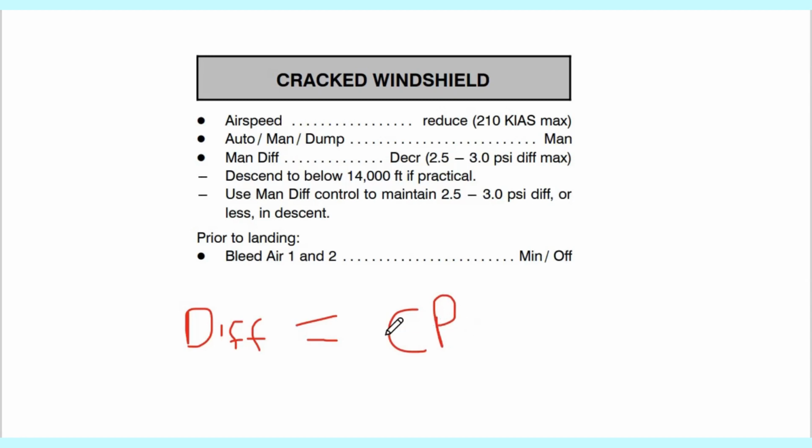So what you are doing here, if you are decreasing the differential to keep it between 2.5 and 3 maximum, you're effectively trying to reduce the cabin pressure, so you don't have a lot of pressure inside to blow the windscreen outwards. That's the whole point. That's why you want to keep the pressure at a smaller value. It's very important, you better understand that, and please make a note of this one as we go along. It's going to be very helpful for your understanding of pressures.